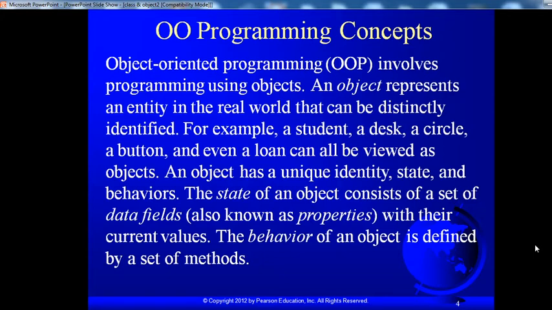The state of an object consists of a set of data fields, also known as properties, with their current values, and the behavior of an object is defined by a set of methods. Remember these two things in classes and objects: an object consists of state and behavior.